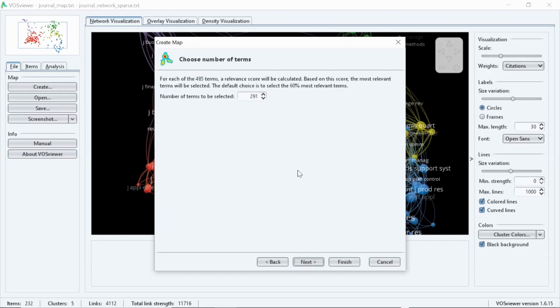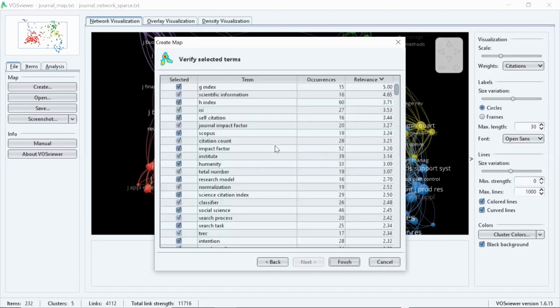So if you want to check all the 485, you can type 485 here. Or if you want only the 60%, you can change it to 291. It is according to your convenience. So let it be. I'll just keep it as default. The top 60% of relevant terms will be included for further analysis. So it is calculating the relevant scores now, and it will update.